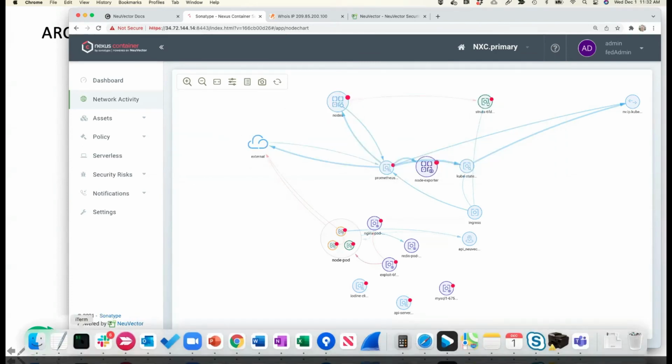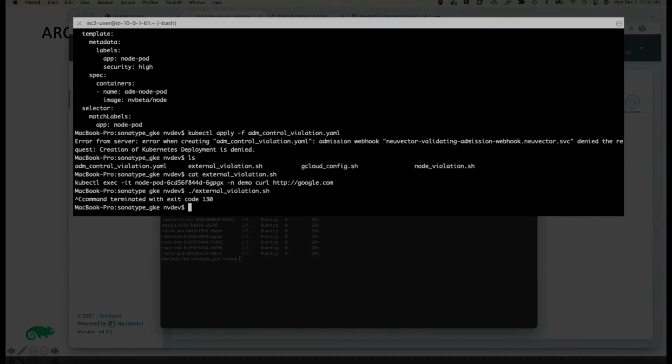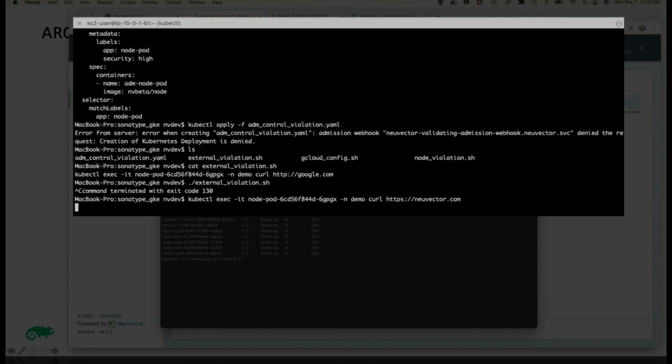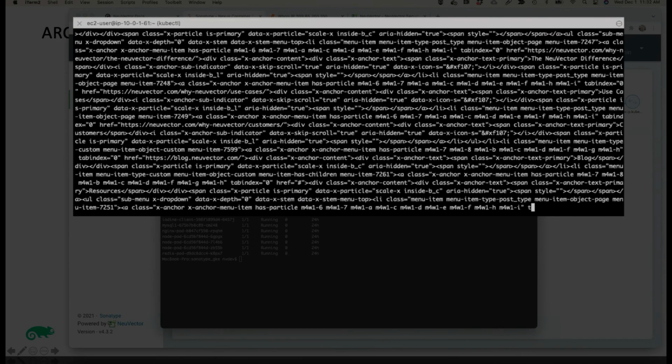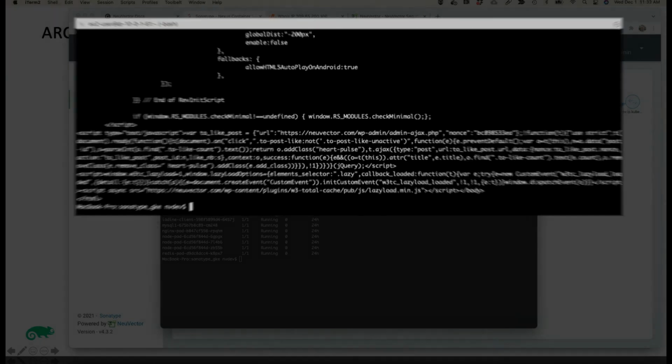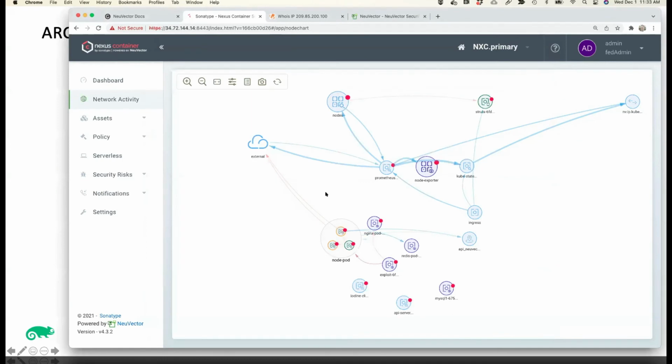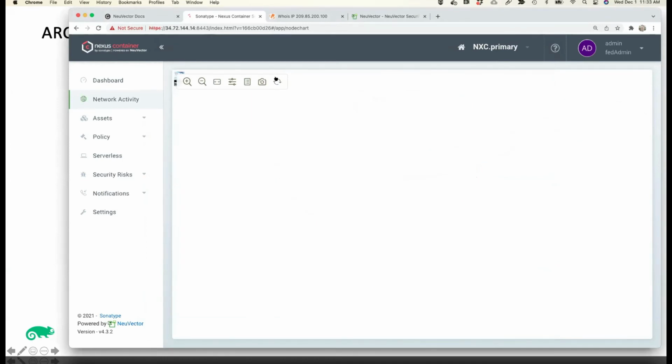Now, if I go back into here, I'm going to connect to my NeuVector service and I get a response there because I was using SSL. And I go and I refresh the screen here.